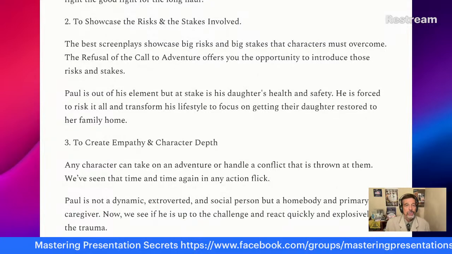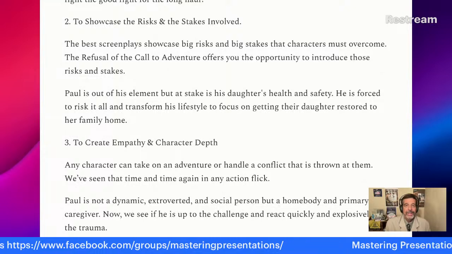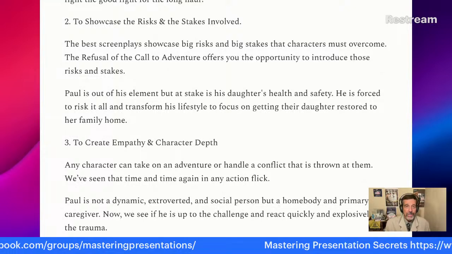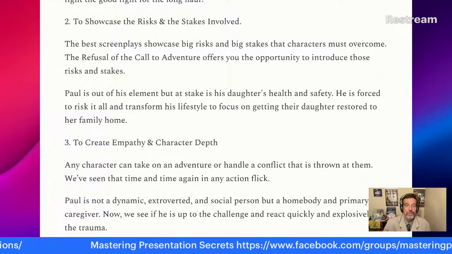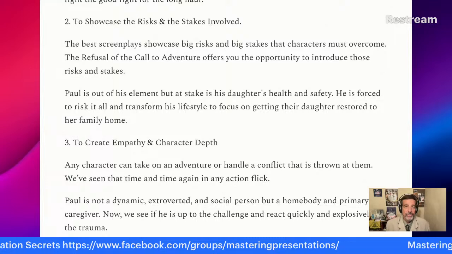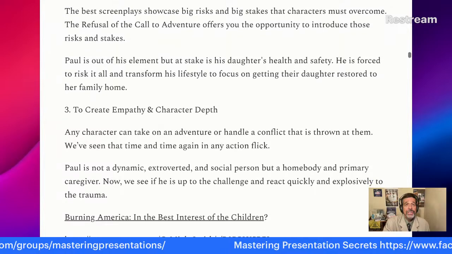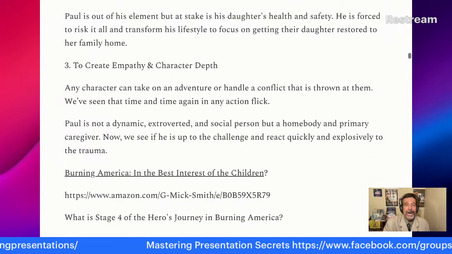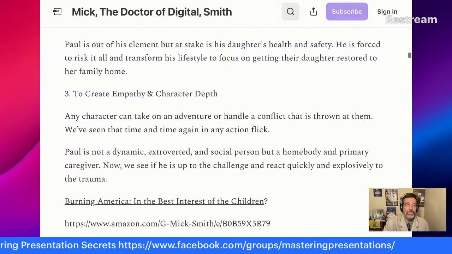Can he fight the good fight for the long haul? Number 2, to showcase the risks and the stakes involved. The best screenplay or novel creative work showcases big risks and big stakes the characters must overcome. In this case, get the daughter back to the marital home. But the refusal of the call to adventure offers you that opportunity to introduce how high the stakes are and how much Paul has to go through.